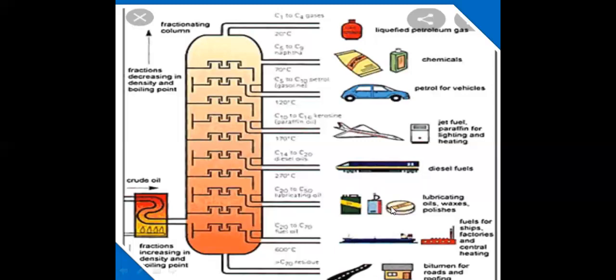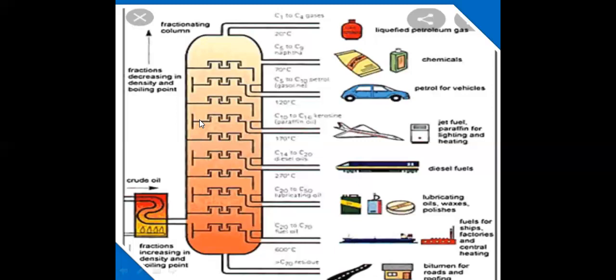And lubricating oil is used in polishes or waxes and to lubricate machines. And then the fuel oil is used for ships and to run industries or factories. And the last one, which is called bitumen, is used for making roads and roofs. So fractions decrease in density and boiling point in a fractionating column. This column is called a fractionating tower, in which different fractions of petroleum are separated on the basis of difference in their boiling points. So as they have different boiling points, they are separated out by using